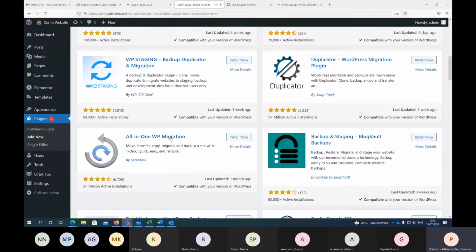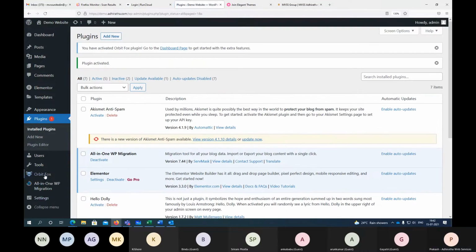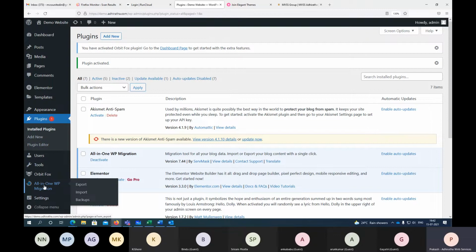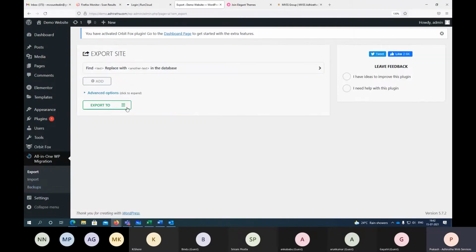So let us use a plugin called All-in-One WP Migration. I'll install this. You can see this has been used by 3+ million users, right? So I'll go for this one as well, activate. See, it didn't go to the settings or the tools, but in the main menu itself it got added. So I'll go there. See, now here it has an option.